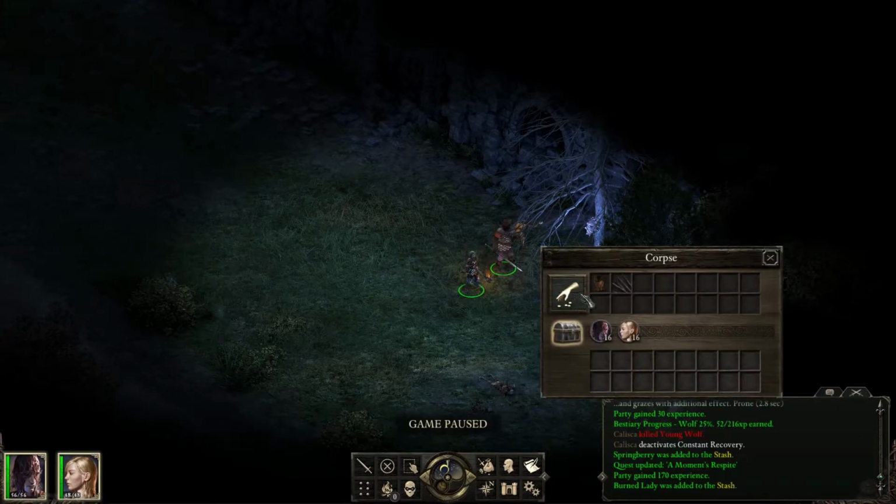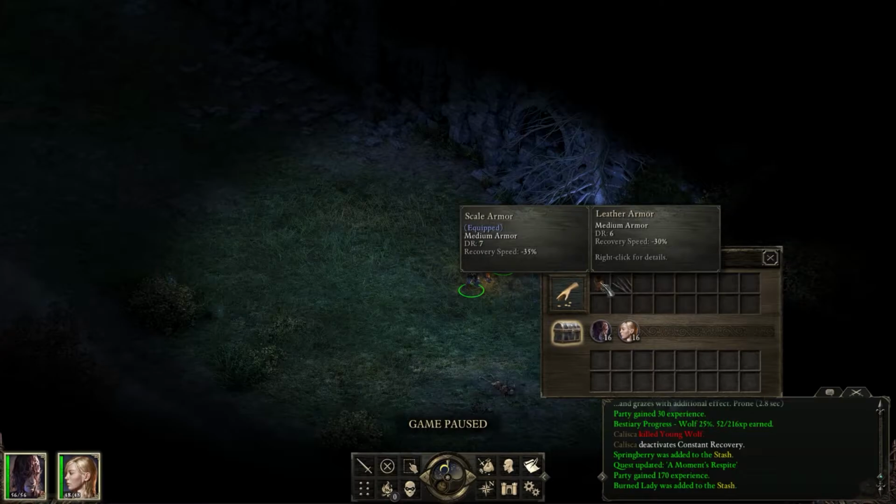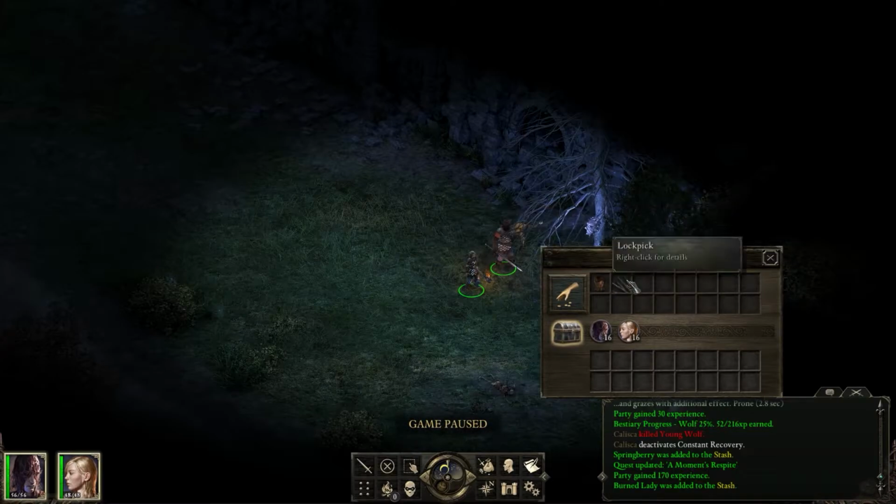What do you guys have? You have damage reduction 6, leather armor. I'll take the lockpicks, and...